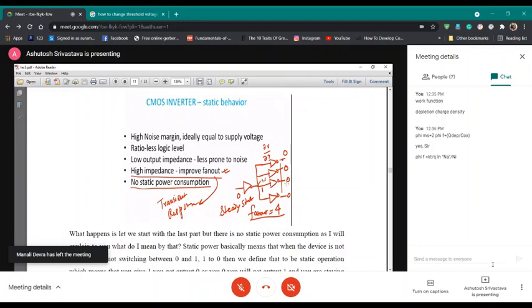Which we shall be seeing at a later stage. So, CMOS inverter and its static behavior would constitute a high noise margin. We shall see it at a later stage, which is ideally equal to the supply voltage. That means, if low voltage is defined as 0 and high voltage is defined as VDD,